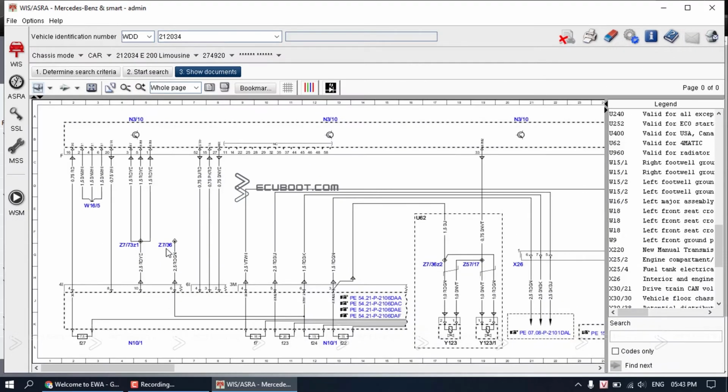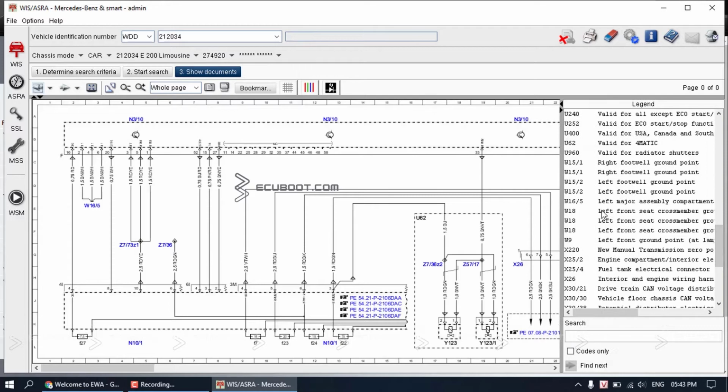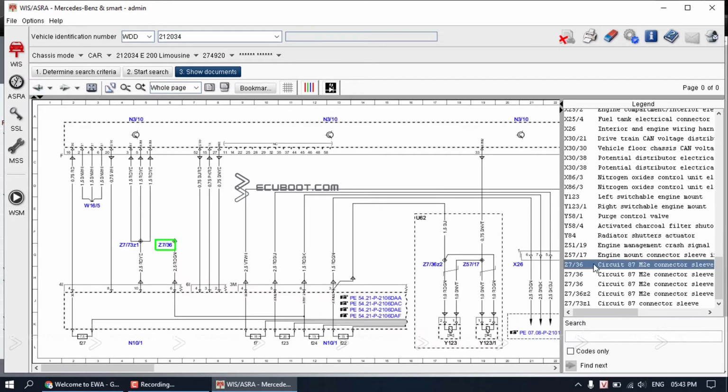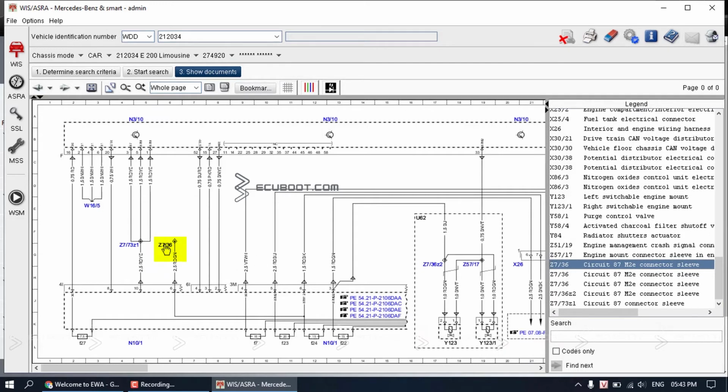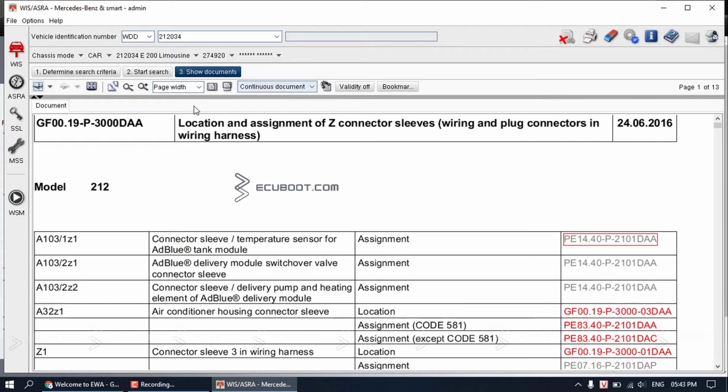Back to the diagram. If you want to find the location of the Z, W, N, or whatever has the blue dynamic link, you just need to click on them. It will show you where they are on the vehicle. As you can see, this is the location page of all the Z connector sleeve. Now you just need to search for